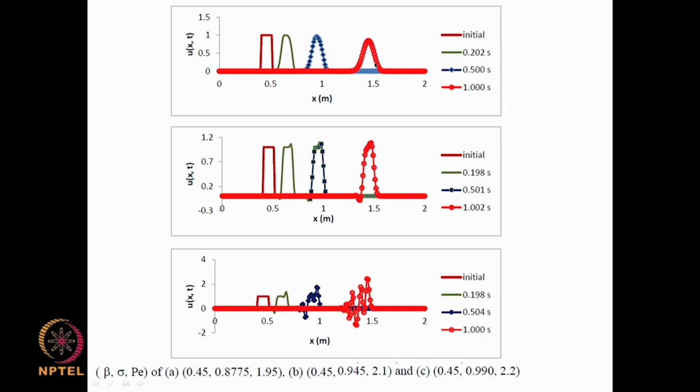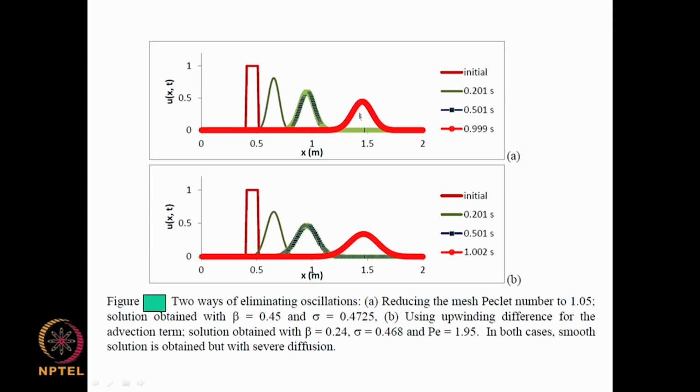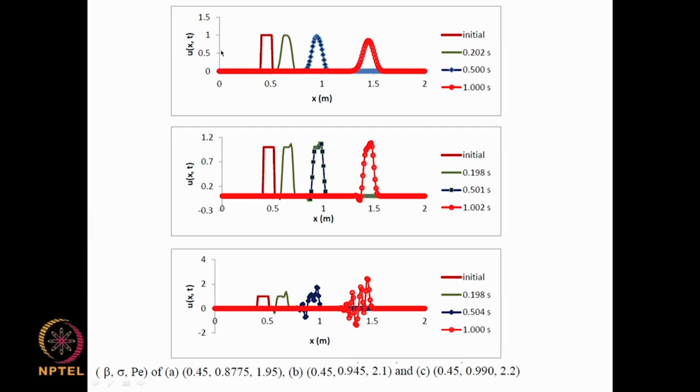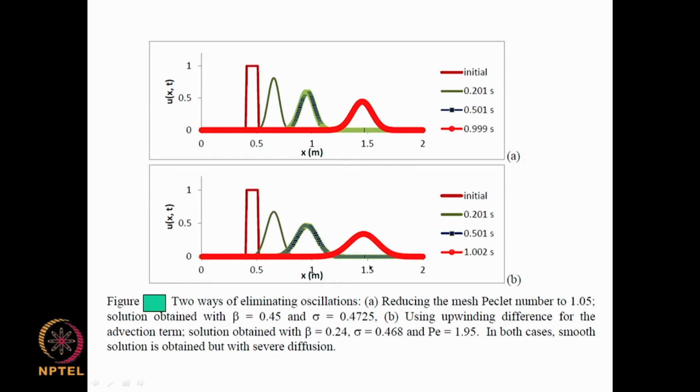If you were to compare this with this thing here, the pulse is about the same location, the peak is about the same, but it is diffused over a larger x value here, and this is diffused even over a larger value. You can see that correspondingly the peak value is less than 0.5, it is slightly more than 0.5, and here it is much closer to 1. So, you have much more diffusion in this case and this case. So, we are gaining on stability and smooth solution at the cost of increased